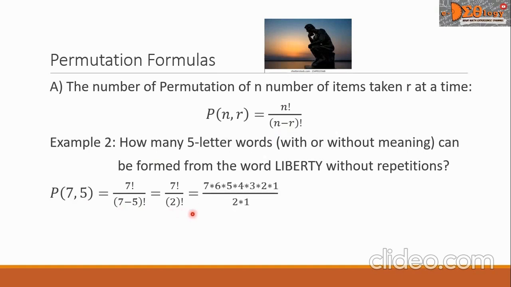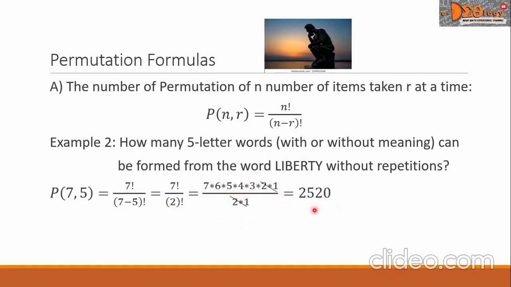This is now equal to 7 times 6 times 5 times 4 times 3 times 2 times 1, that is for the 7 factorial, all over the 2 factorial, which is 2 times 1. We can cancel this 2 times 1, as there is 2 times 1 also in the denominator. So let us multiply 7 times 6 times 5 times 4 times 3, and the product is